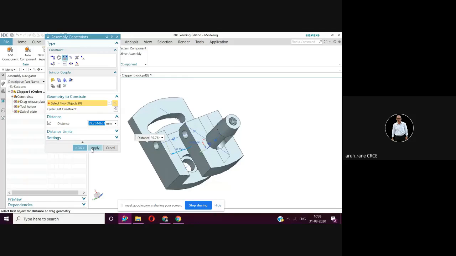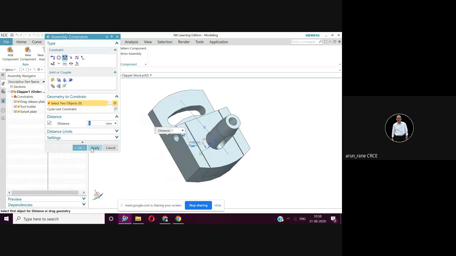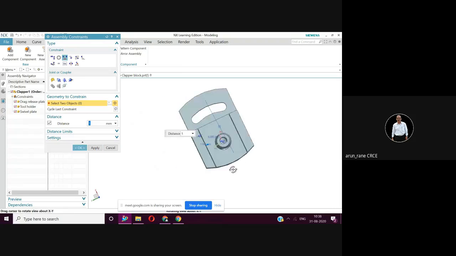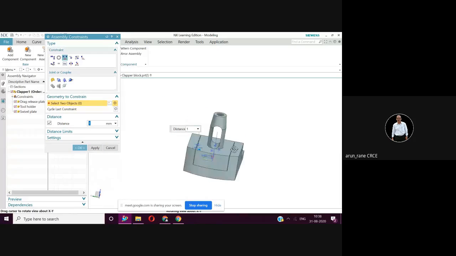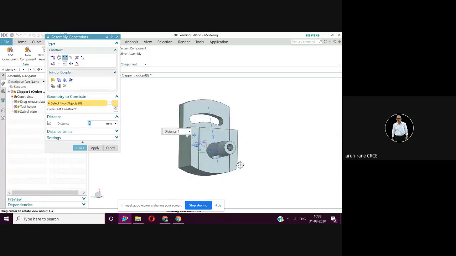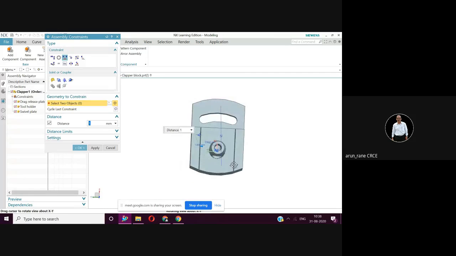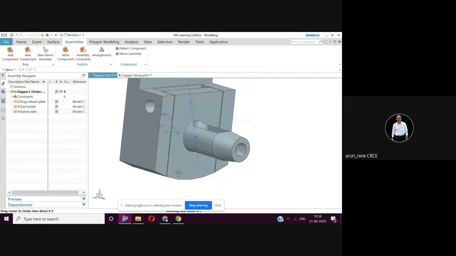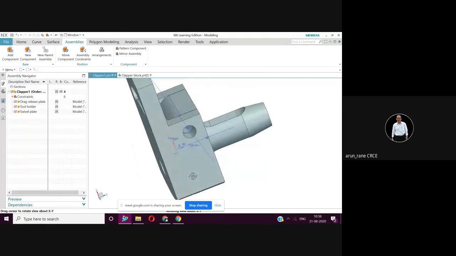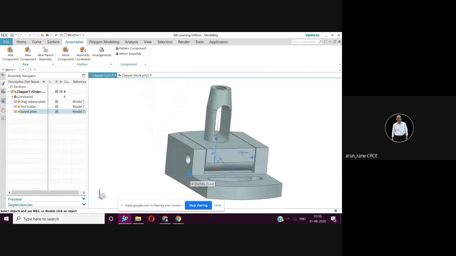So this distance is 1, enter. Rotate, see, yes it is proper, everything is proper. 1 mm, 1 mm, zoom and see, then you say OK. Home shortcut key.